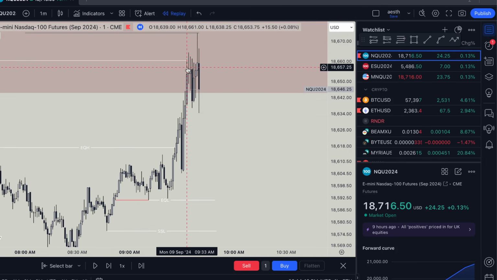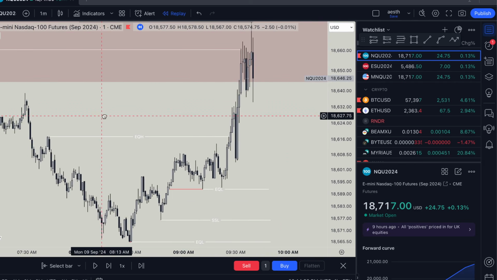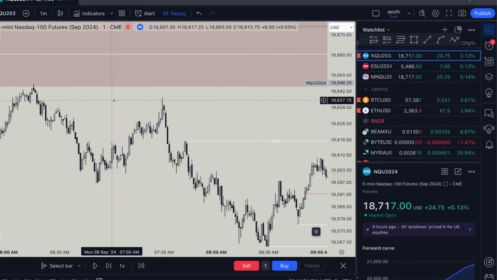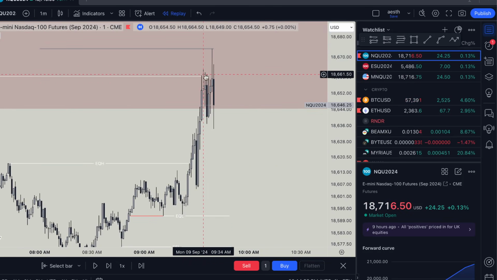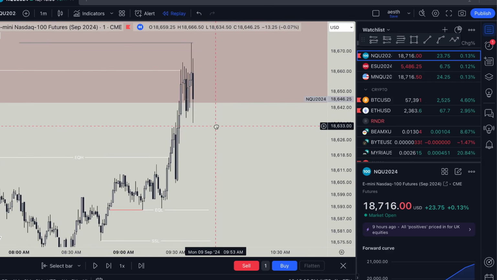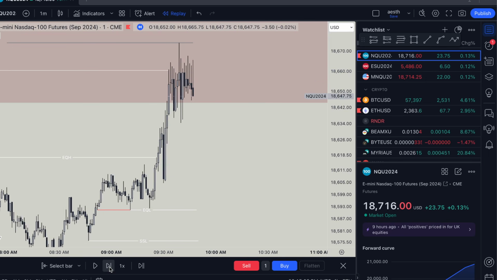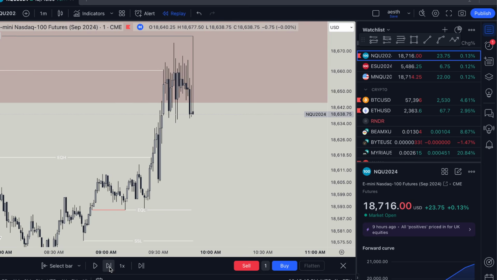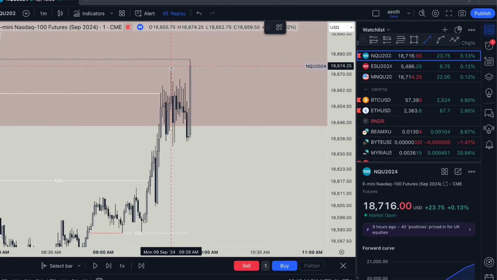Something I love to see after taking out a prominent liquidity pool, that being hitting that 15-minute unfilled bearish fair value gap, and also taking out this buy side, is a sweep of our own high or low. In this case, just our internal high right here is going to get swept. So we get that. I think we got one more run higher, or let me see. Okay, so yeah, we got one more run higher. Take out this as well.